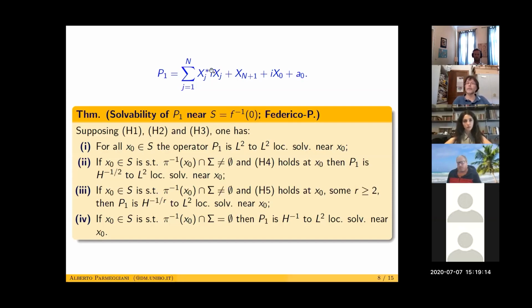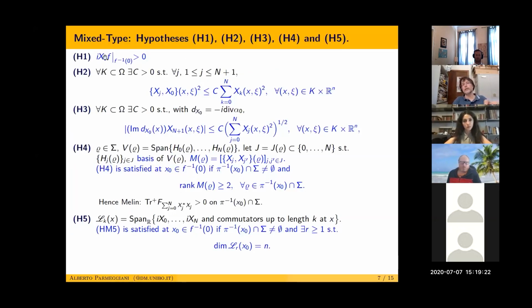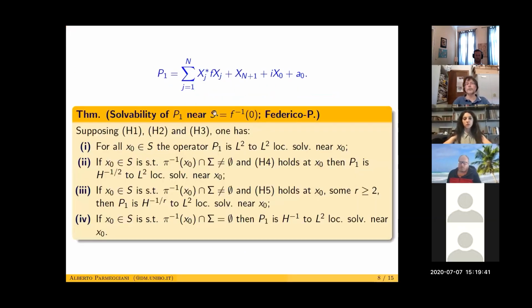So we have this kind of extra degeneracy, okay? So suppose H1, H2, H3. All right, so you had transversality of the flow of x naught through the 0 set with respect to the 0 set of f, and then controllability of these Poisson brackets and this vector field with respect to the principal part. Okay, H1, H2, H3 are assumed.